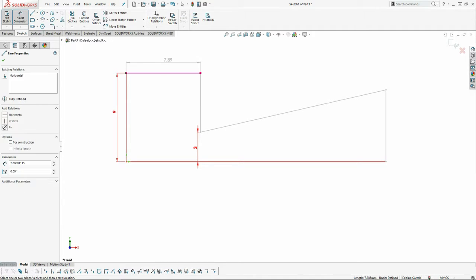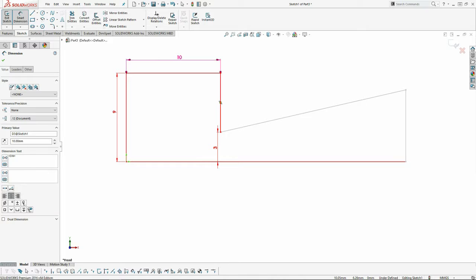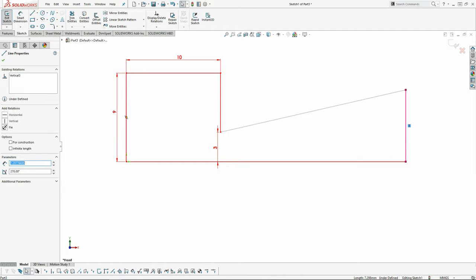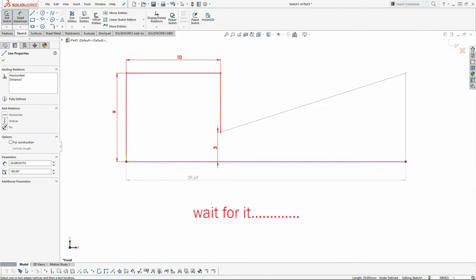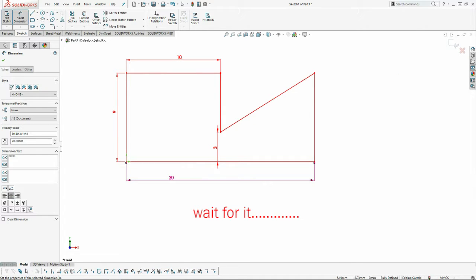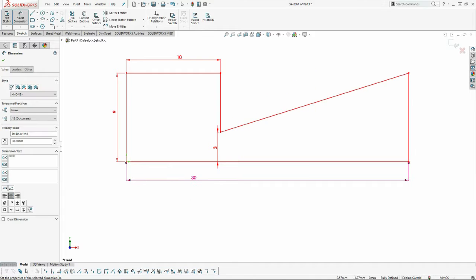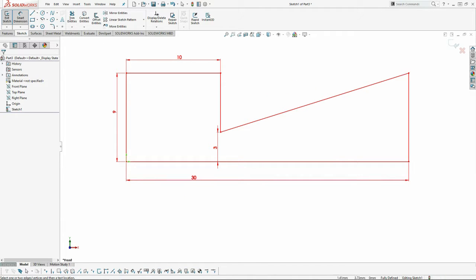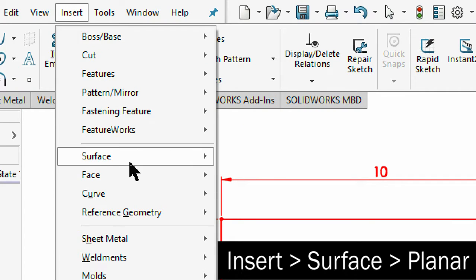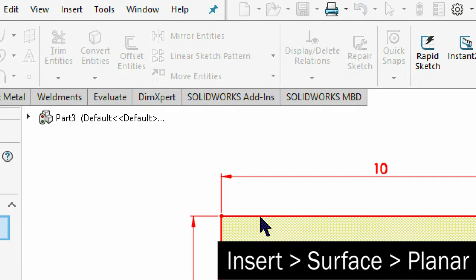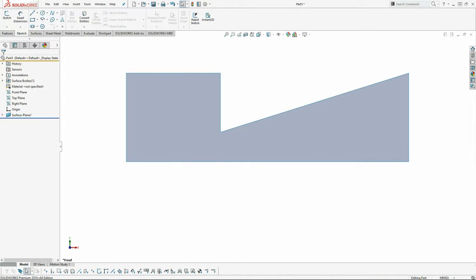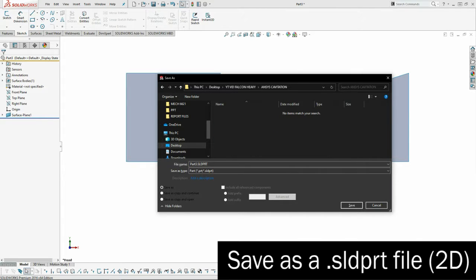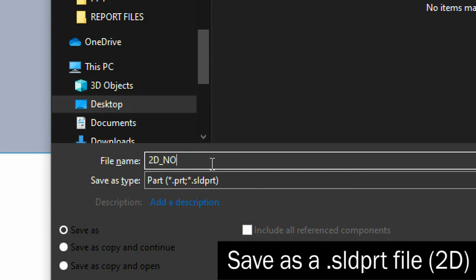So you have to go on something called insert, surface, and then planar. So when that's done, you will have your 2D sketch. Save that as a solid part file for my case because I'm using SolidWorks. And when that's done, it's time to move on to